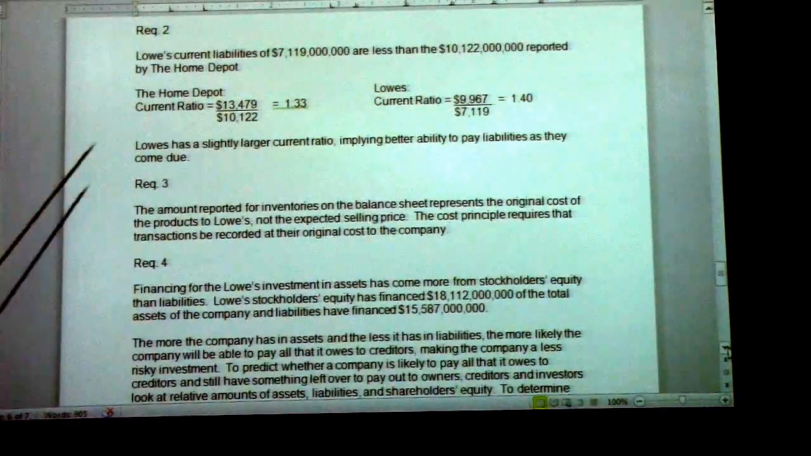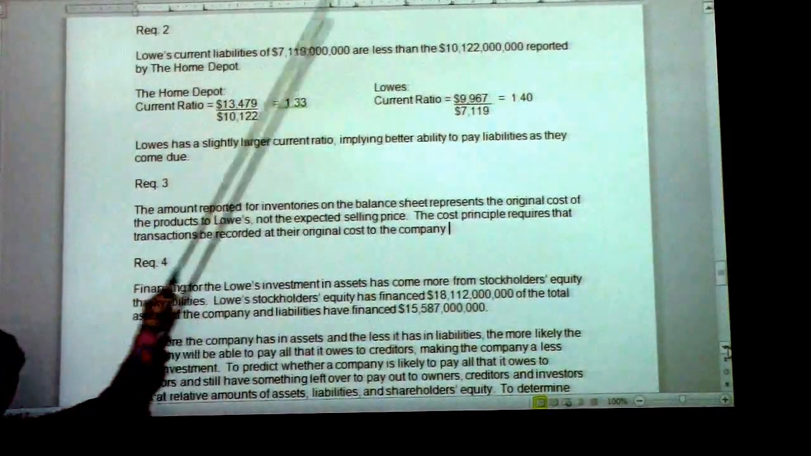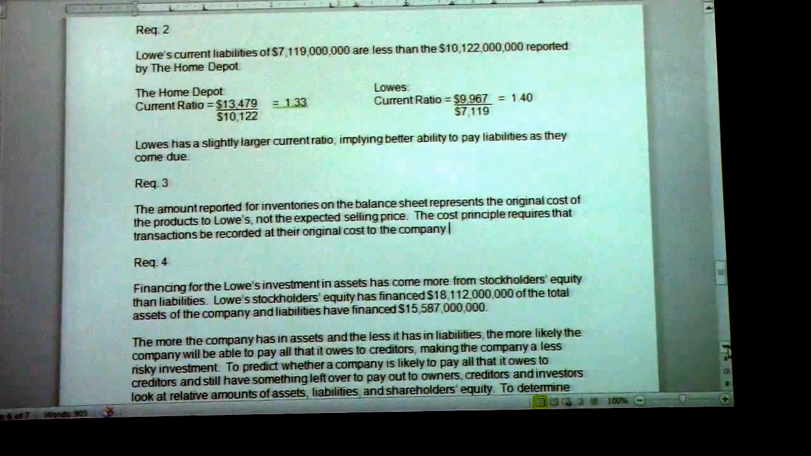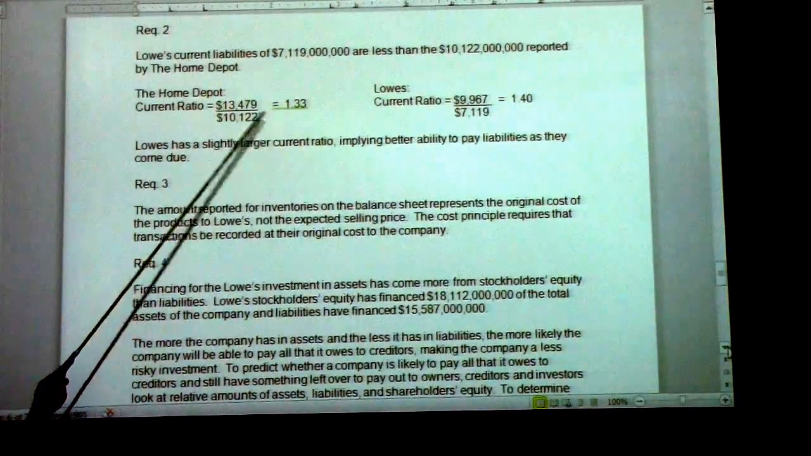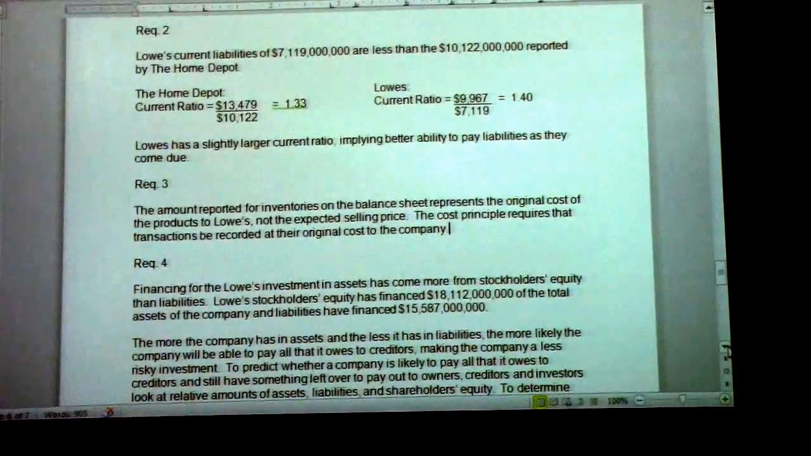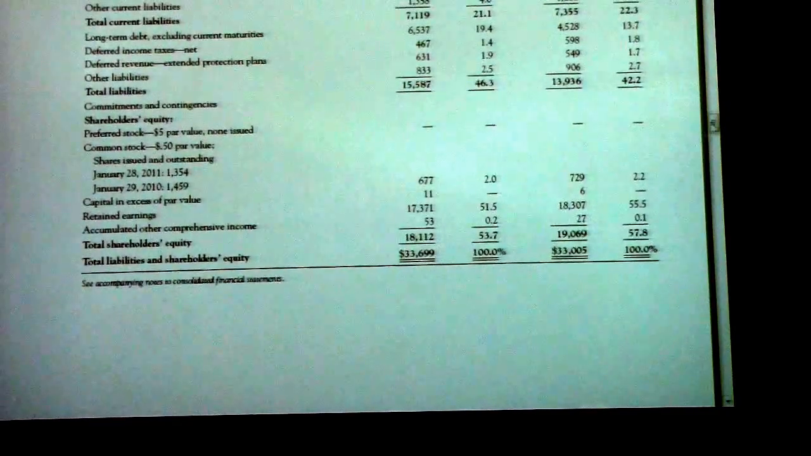Okay. Lowe's current liability is $7 billion, whereas Home Depot is 10. So Lowe's has the less current liabilities. When we determine current ratio, we simply take current assets divided by current liabilities here, and the same thing on the Lowe's side. So if we wanted to scroll over, and I'll just do one example, going back over to